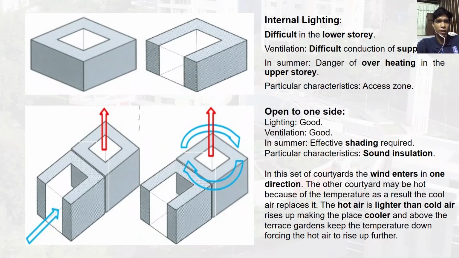A required particular characteristic is sound insulation, which is good for the workers. In this set of courtyards, the wind enters in one direction. The other courtyard may be hot because of the temperature. As a result, the cool air replaces it. The hot air is lighter than the cold air,